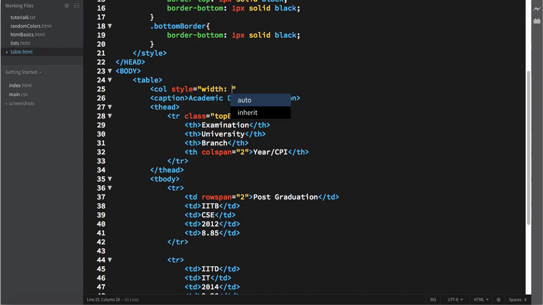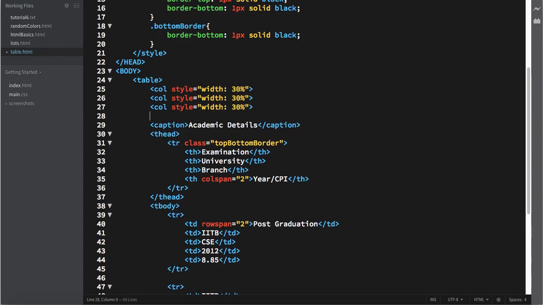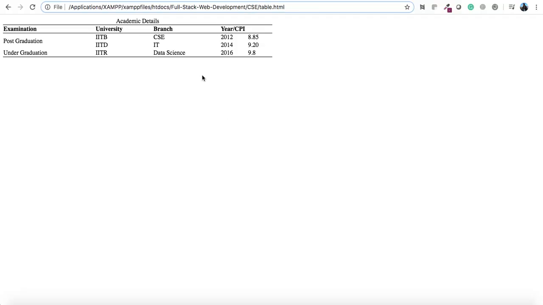So I want to make 5 columns out of it, and you can see the first column is bigger than the others, so I can make it 30%, and I can make the others complete 70. So see which columns are of what width.